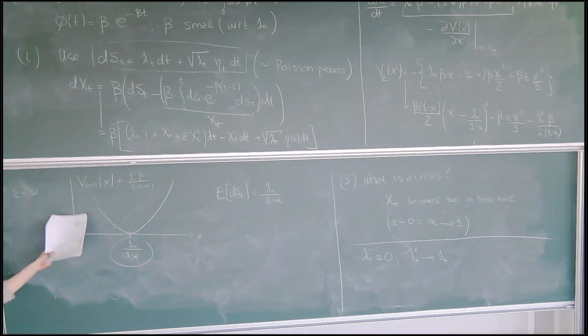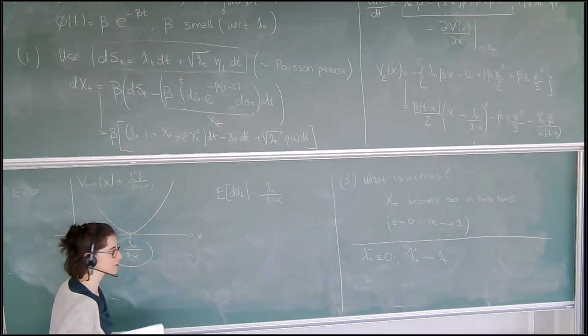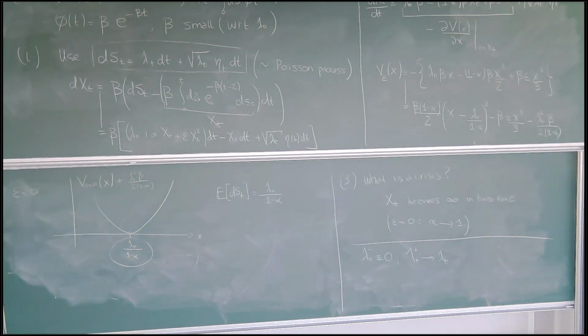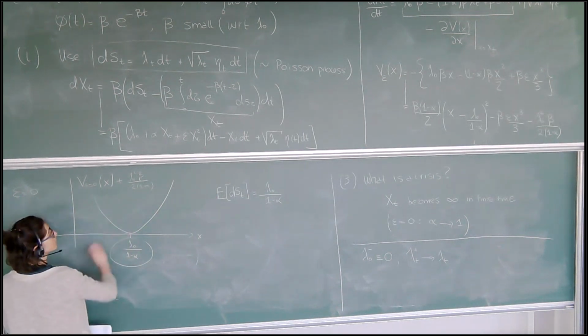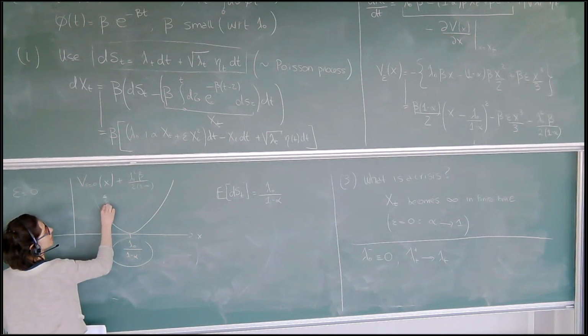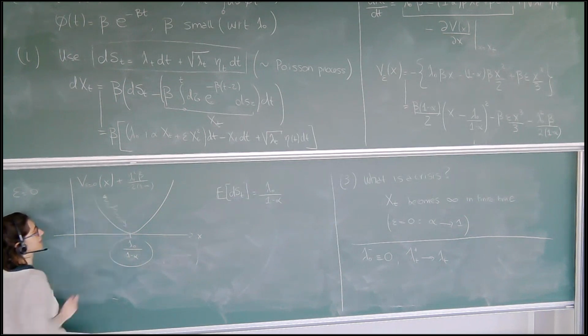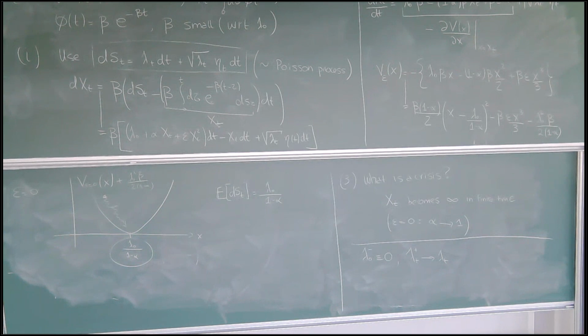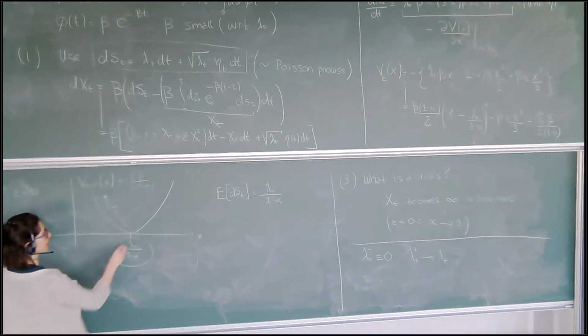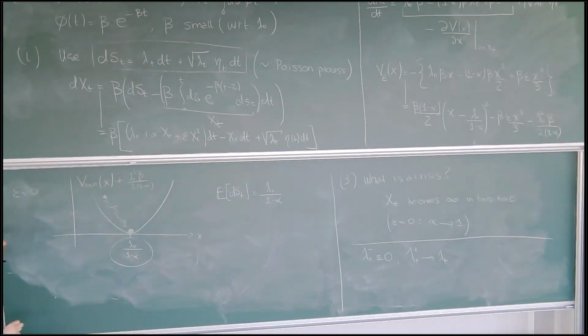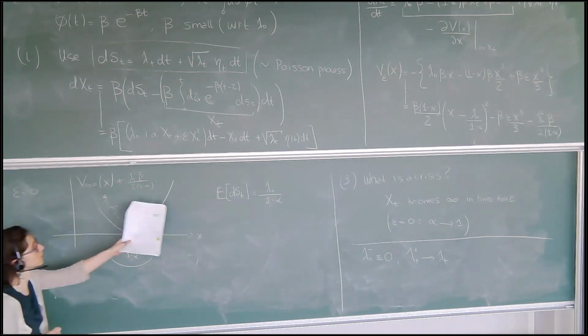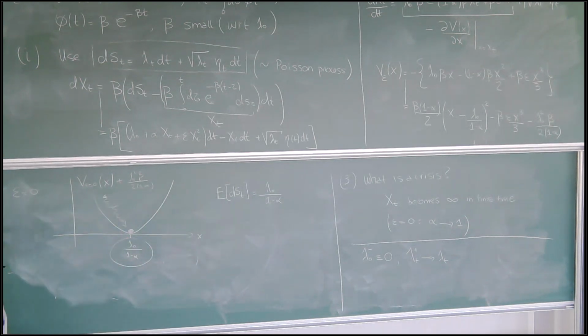So if you think of the process in terms of this Langevin dynamics, then what do you expect to happen? Well, you have just one minimum. So your dynamics will have some noise, will descend because of the gradient term, and eventually it will relax into this unique minimum